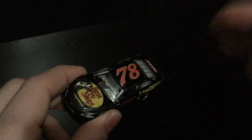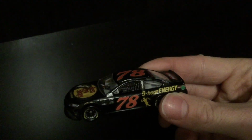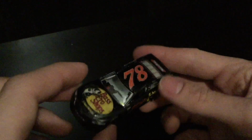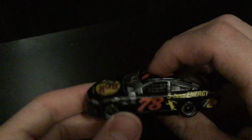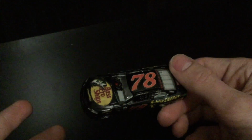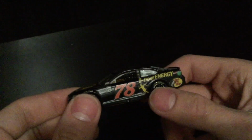I am an old-fashioned NASCAR fan. I remember when the stock cars didn't have banners. I remember the stock cars, they all had the same splitters in November, and they all have the same splitters in Daytona in February. So, I don't like to chase spoilers or anything like that, so I don't put them on my cars. I just don't. That's just not who I am. So I basically